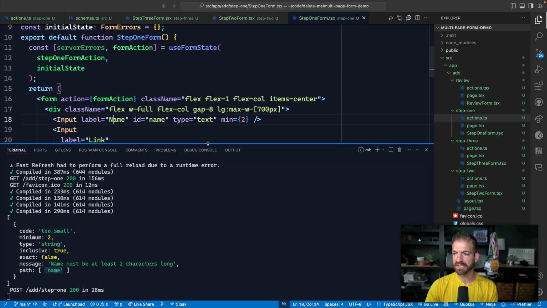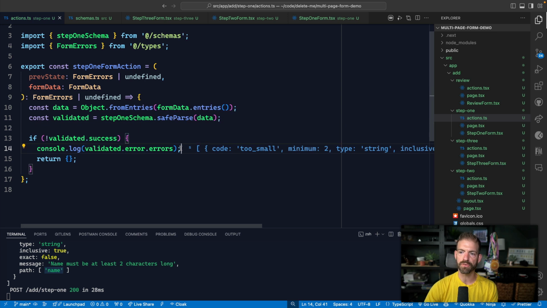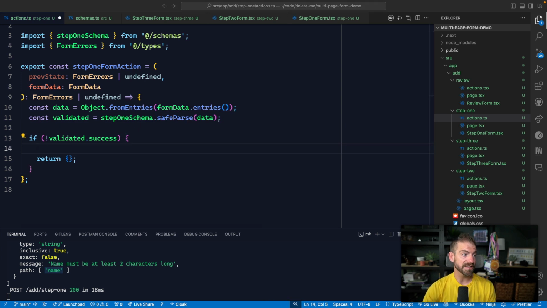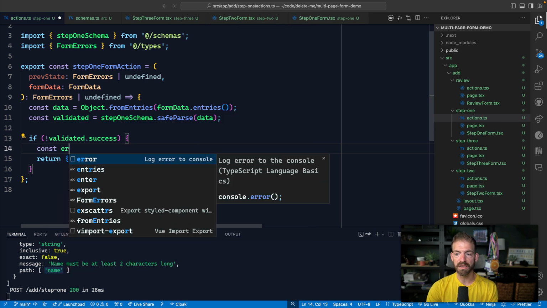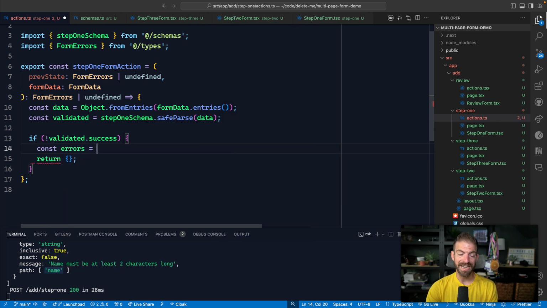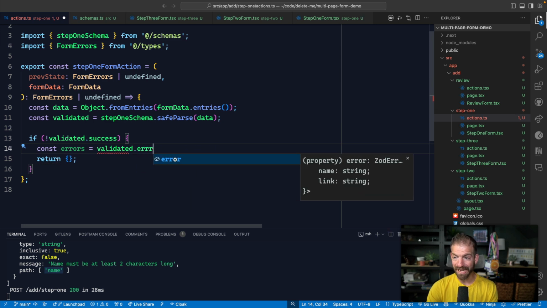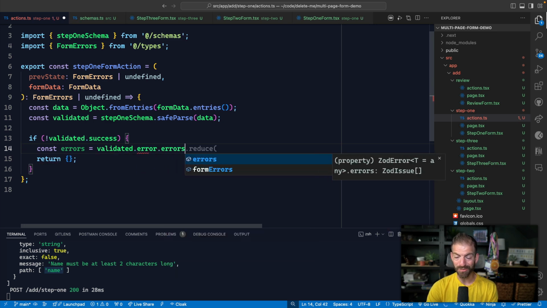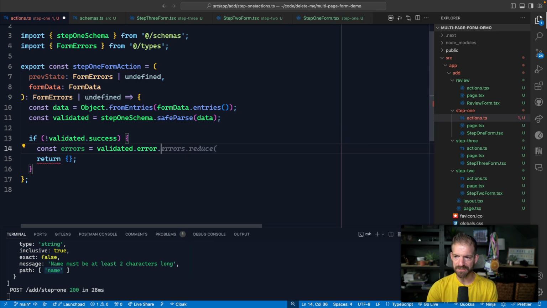And so what I did was end up writing a little bit of code that gets reused in all of these to be able to iterate through all of these Zod errors and convert those to the thing that I'm looking for. So let's create an errors object. And then what we want to do is iterate through the error.errors, actually it's error.issues,